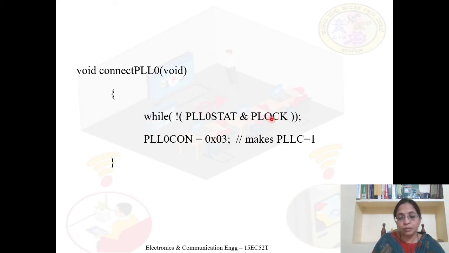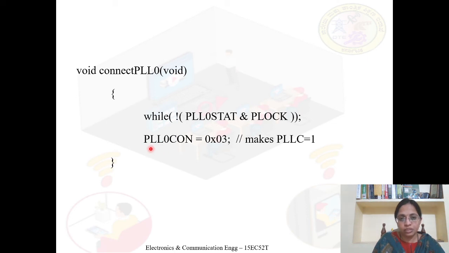When this lock pin becomes equal to 1, it indicates that the PLL has generated the desired frequency. Till the PLL is locked, the processor will be running this while statement. When PLOCK becomes equal to 1, the while loop is exited and the next line will be